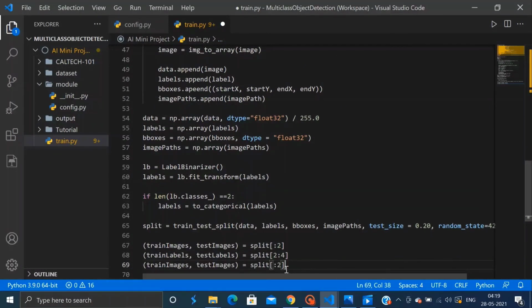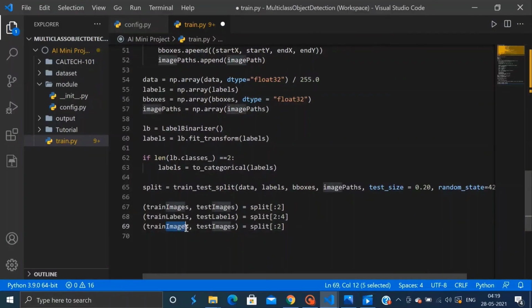Then the train test bounding boxes or the B boxes. And finally train test paths.